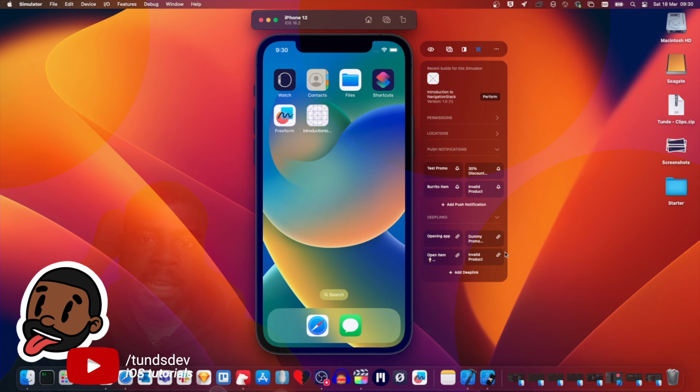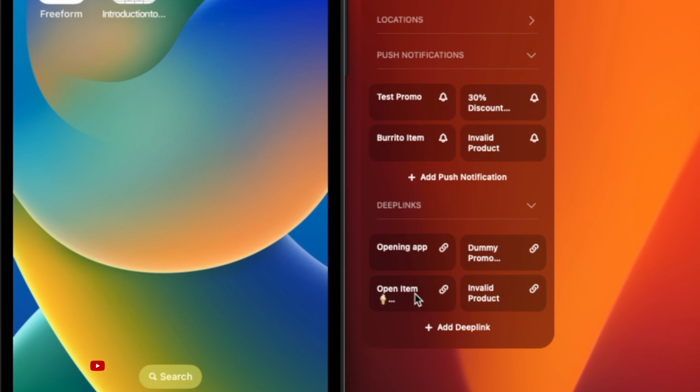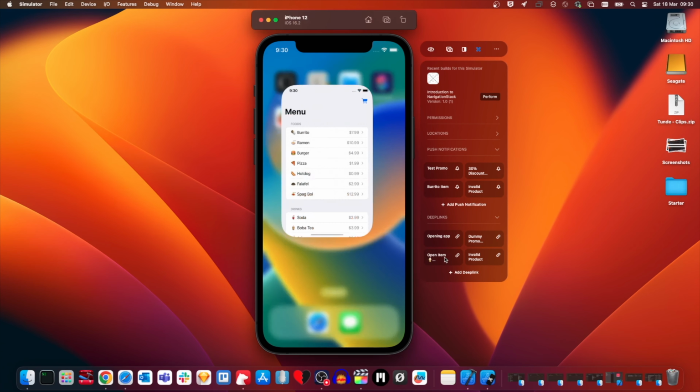Now in this video, we're going to be looking at how we can set them up and integrate them within our navigation, as you can see on the screen here, where you tap on a link and it deep links into a specific screen within your app, as well as some handy tools that we can use to make our